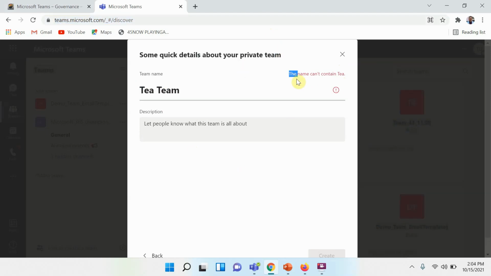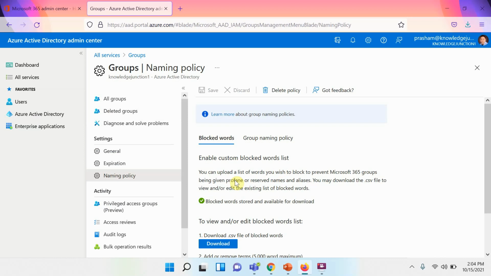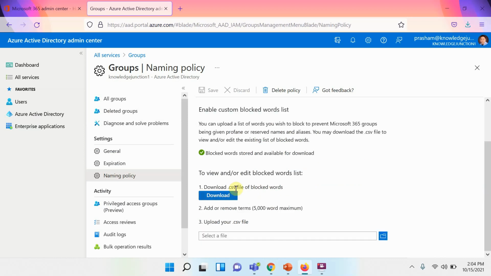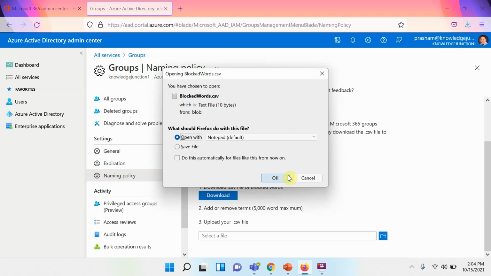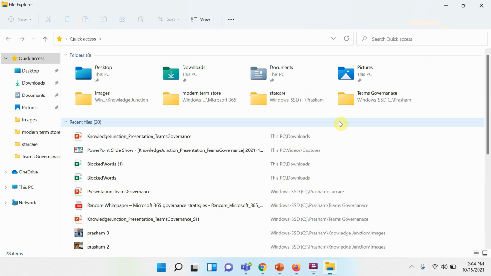Okay, so this is the case where we can block words. We can download the current CSV file from here, and once downloaded, we can upload it again. For example, if I download it and open it, this is the one which is already downloaded. We will take that one.